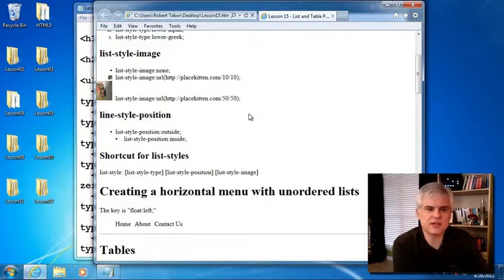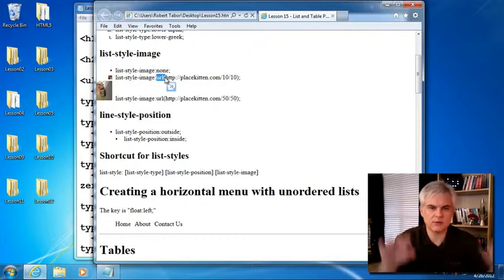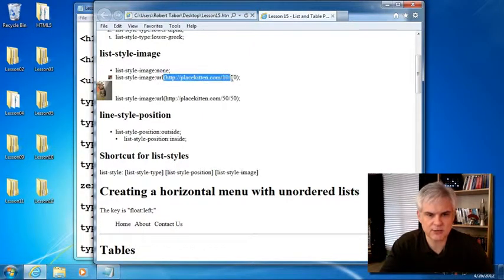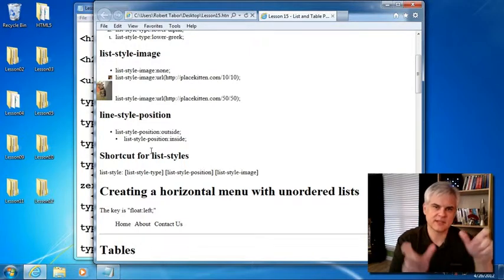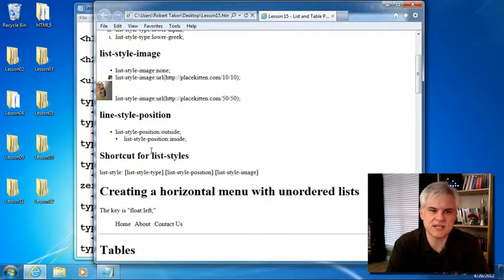There's also the ability to create a custom list item. So using the list style image, we can use an image instead. I just use a URL with an open and close parentheses and then point to a valid URL. We talked about placekitten in the previous lesson, so I'm just using a 10 by 10 placekitten and a 50 by 50 placekitten to show how each of them could be used in a series